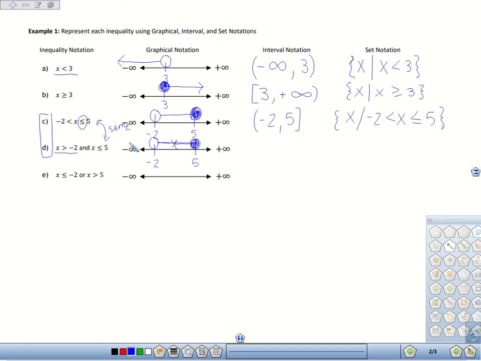So I do want to note that compound inequalities can also be written as an and, or intersection, inequalities. Okay? So there's two different ways to write the same piece of information. So they're the same information represented two different ways. So for interval notation, there's two ways you can really go about doing this. You can use the interval notation here, like this, or you could write it as two separate interval notations and use the and section. Okay, so how you could write it is, you could say, well, from -∞ to -2,